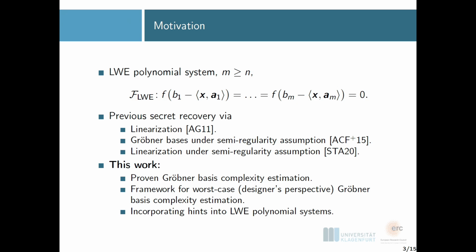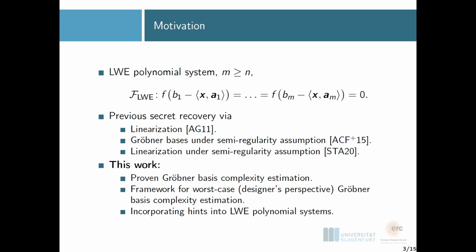Then the question is, can we still derive complexity estimates for Gröbner basis computations? And well, the answer is yes. So in the paper, we have a fully proven complexity estimate on almost all LWE instances. But this comes at a cost, so this complexity estimate will turn out to be exponential in the dimension of the secret. But previous analyses, like Albrecht et al., have reported sub-exponential complexity estimates under the semi-regularity assumption for certain LWE instances. So to bridge this gap between a proven, theoretical exponential estimate and previously reported semi-regular estimates,